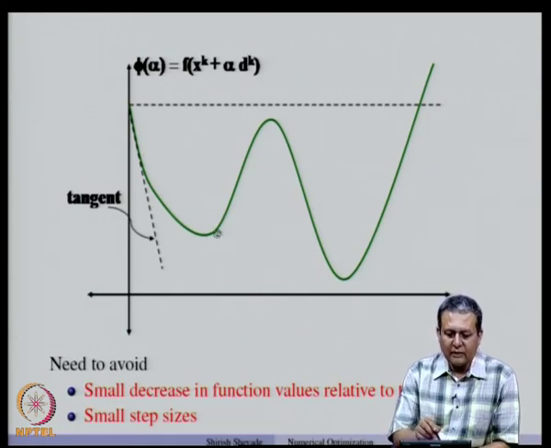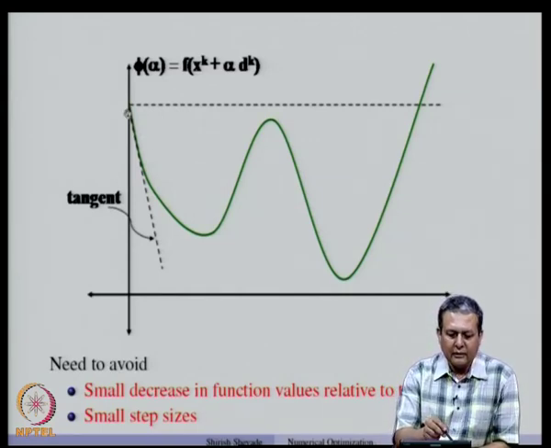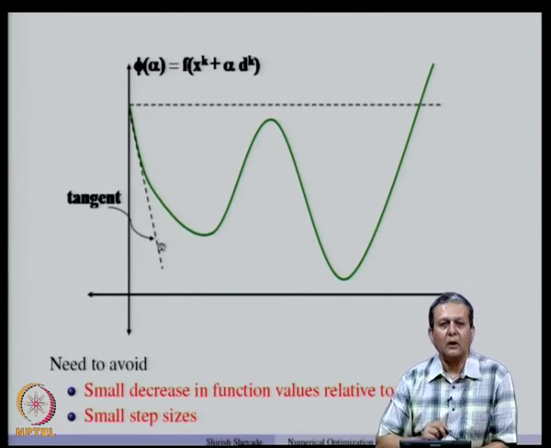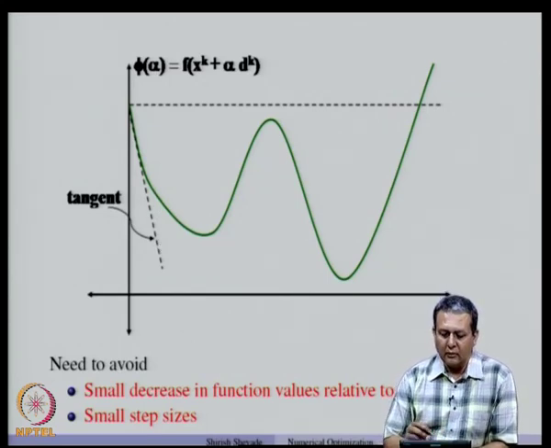So, this is that function phi alpha which is plotted here for some problem. Now, this is the tangent to this curve at alpha equal to 0. Now, if we do exact line search, we might end up in one of these local minima. Ideally, we would like to find the global minimum which is here, but